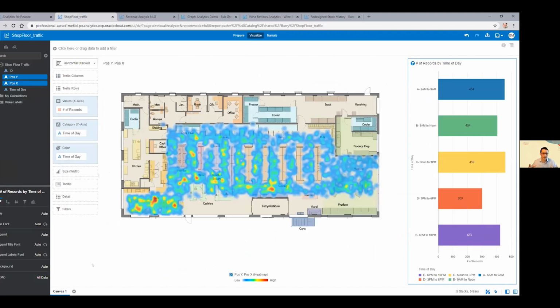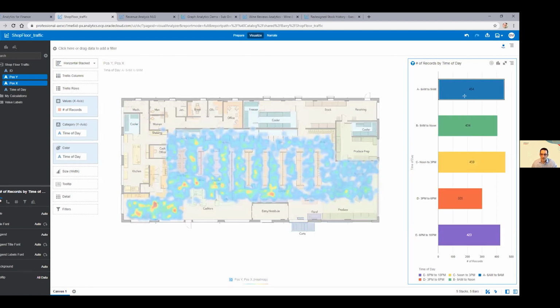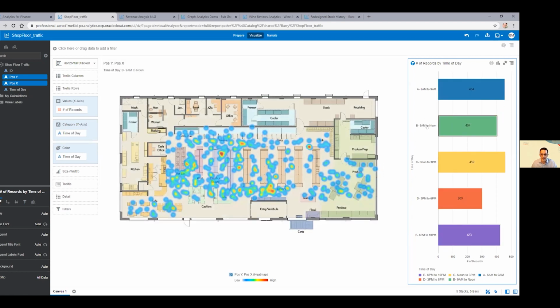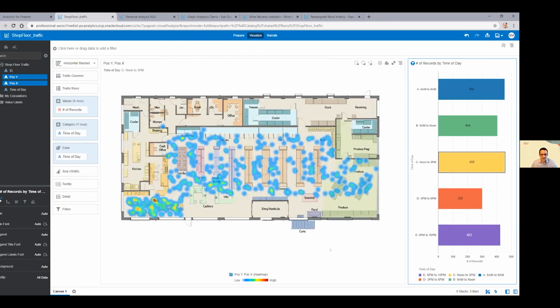Let's start looking at putting data on things that are more appropriate for what you're trying to report. Here we're looking at a shop floor for a supermarket. And here you can see the foot traffic as it's been navigating through. And as I click on the different time frames here, it will actually start to highlight the different foot traffic points, from the morning at 6 a.m. to 9 to 10 a.m. You can see the supermarkets are less busy around then. And then around 3 p.m. it starts to get a little bit more interesting.